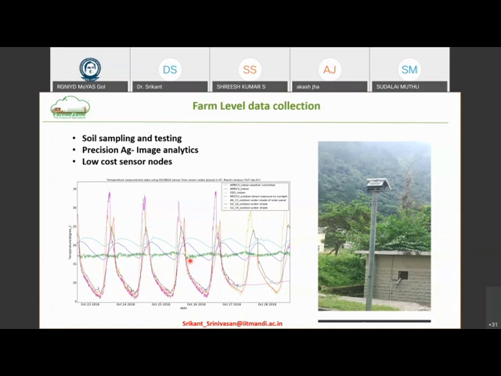So it's very important that if we want to do good prediction or good analysis, we need to have very good data in the first place. And good quality data means we have to come up with low cost systems which are able to reliably capture data. Because if you have to go into high cost systems, then Indian farmers cannot afford it. So the data collection part becomes very tricky.